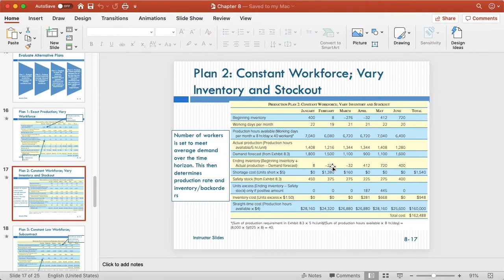So this negative number basically means that intuitively the customer needs this additional 276 products, but we don't have it right now, and they will wait for